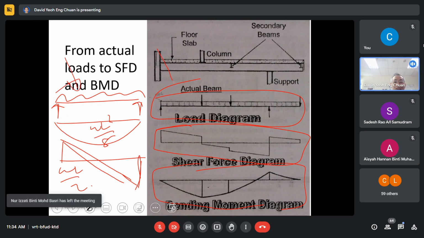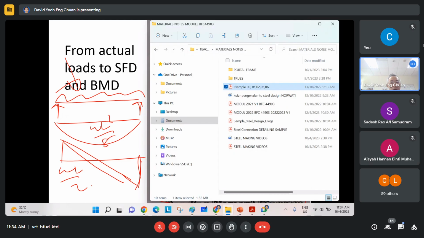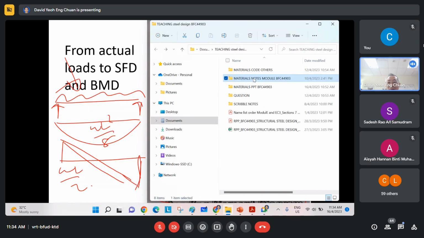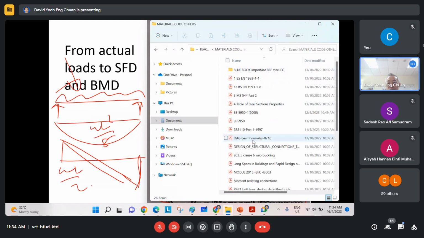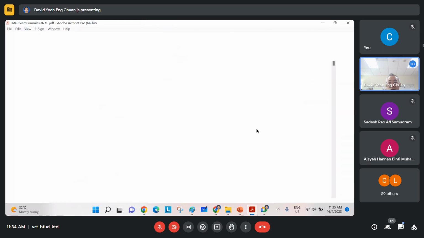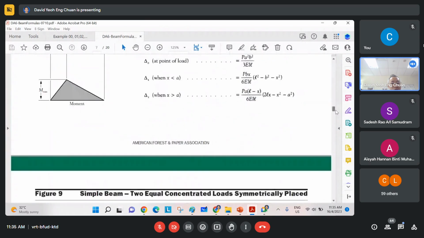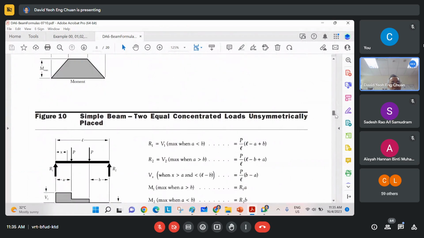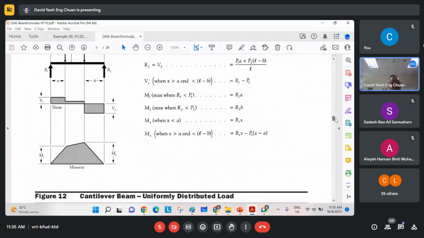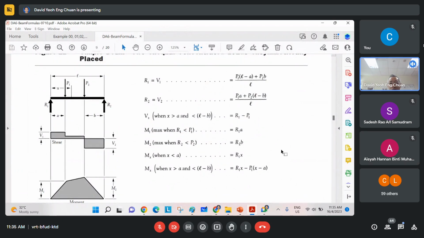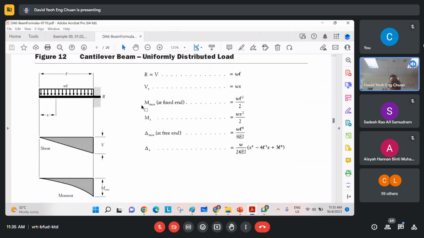In the cases when it is like this, then you have to know what to do and how to do it. Sometimes you can use tables. Let me find examples of where you find them. You can use tables like this, documents like this, where you can say, for example, simply supported with two-point loads. This one you can memorize. But if it is like this,